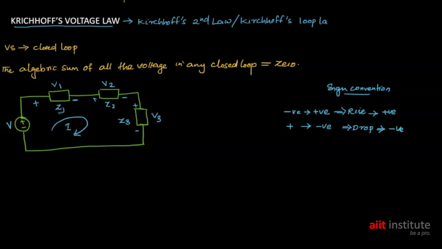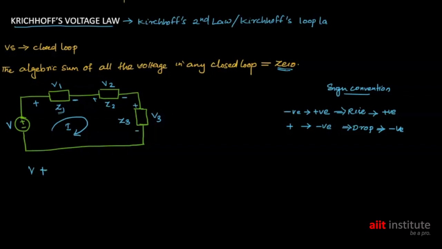So according to Kirchhoff's law, we can write that the sum of all the voltages across a closed loop, it's a closed loop, right, will be 0. So we can say V. Let's consider V as a positive one because it goes from negative to positive. So it's a positive voltage. V equal to, or V plus,